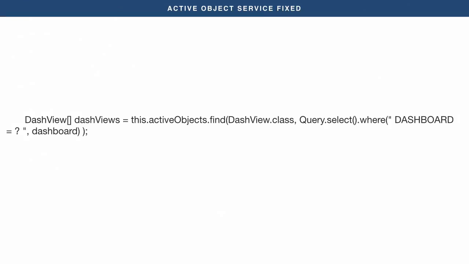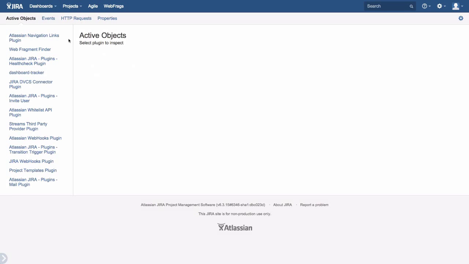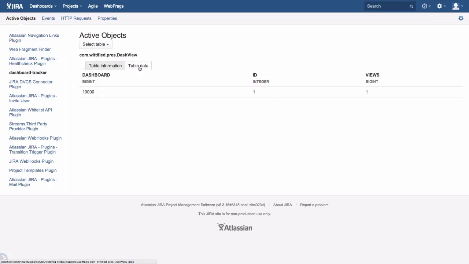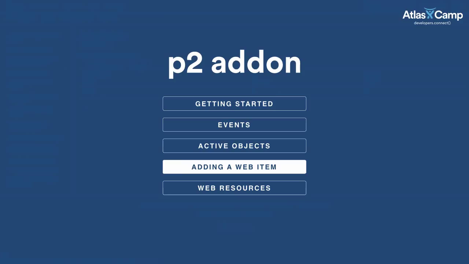So we'll go back and recompile and upload and all that stuff and hit the database. We can make sure stuff goes in. And then we can go back into the active objects, do the same thing again. But this time, we'll get data. So you can actually see all of the data in the active objects. So like I mentioned at the beginning,